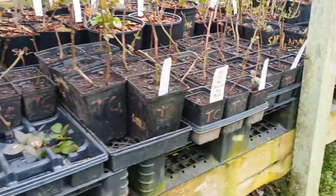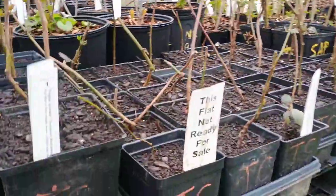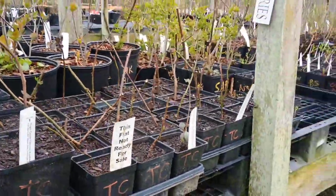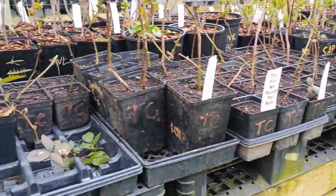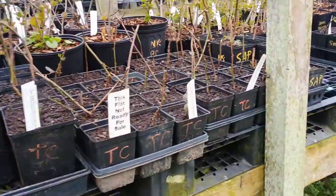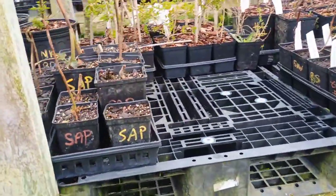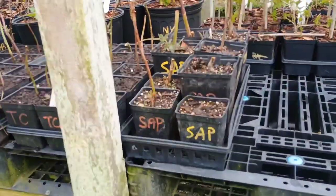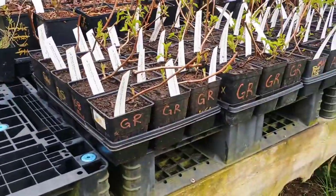So we have a whole bunch of blackberries and raspberries now that are not quite ready to go. They should be ready by next Saturday. A bunch of Triple Crown, mostly quarts, a few gallons, some Sweet Arc Ponca blackberries, some